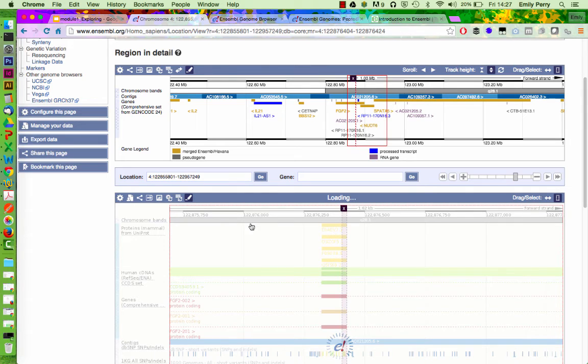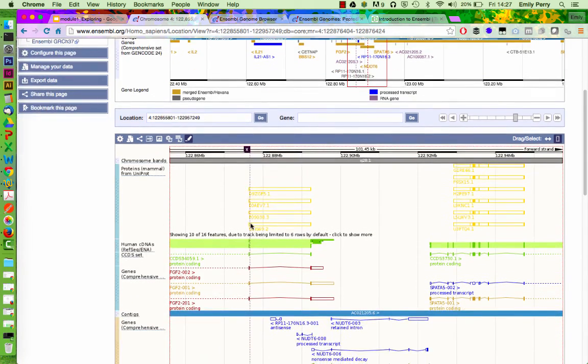So when I did the mark region, you see it gives me this grey box. And the grey box is still there. So if I find something really interesting when I'm zoomed in, I can then zoom out and keep it marked and not lose track of where it was I was looking at. And then when I'm done with it, I can just get rid of it using this cross here.